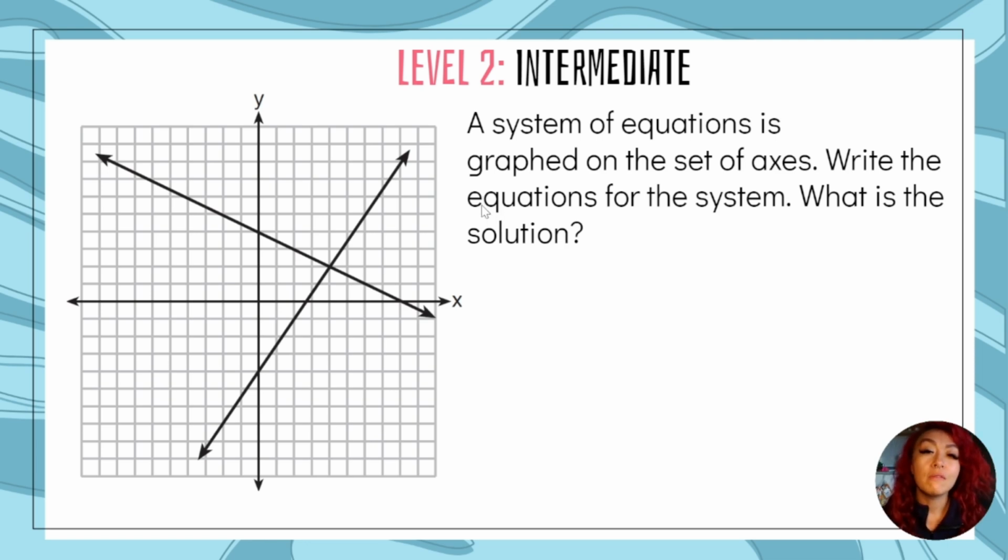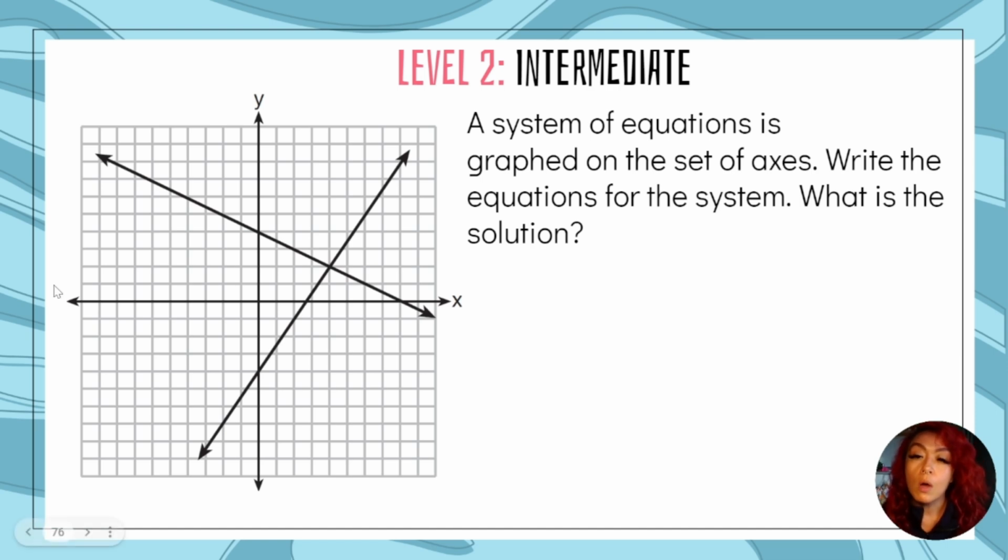Moving on to our Level 2 intermediate problems. We have a system of equations graphed on the set of axes. Write the equations for the system. What is the solution? Right, so there are two parts to this question. We need to write the equations for the system and then identify the solution. So just like we did in Level 1, we're going to use our slope and our y-intercept to write the